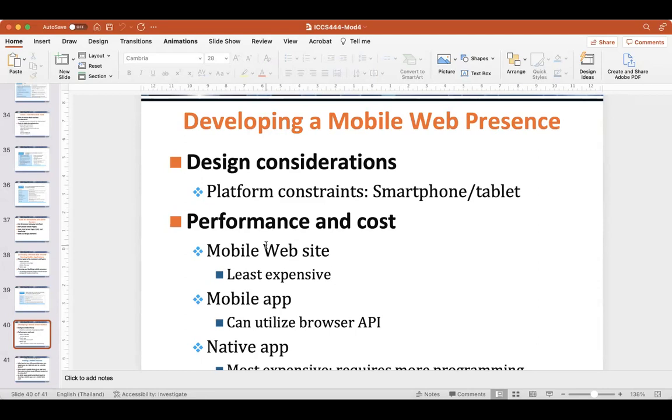So you may say, oh, then we can just pinch in and out in order to go to that one. But if you pinch to zoom out or to zoom in, you can see that some locations might be out of the frame already, so you have to think about it as well. This is a platform constraint. Next, performance and cost. Mobile website is the least expensive,